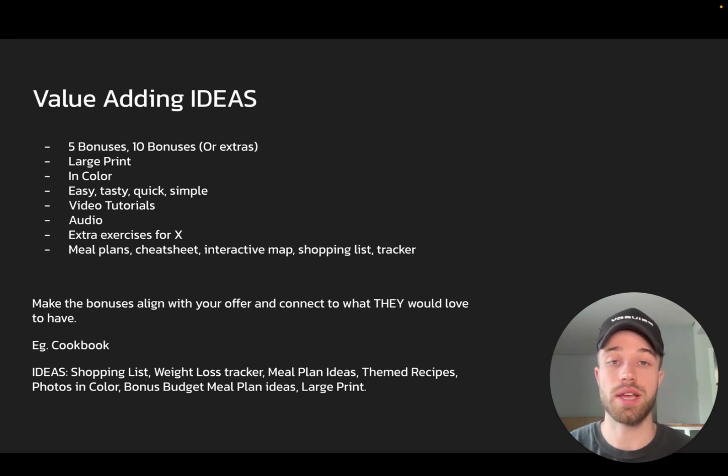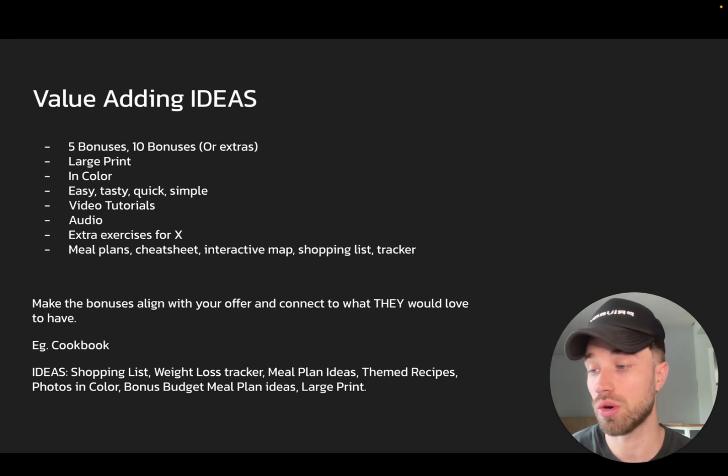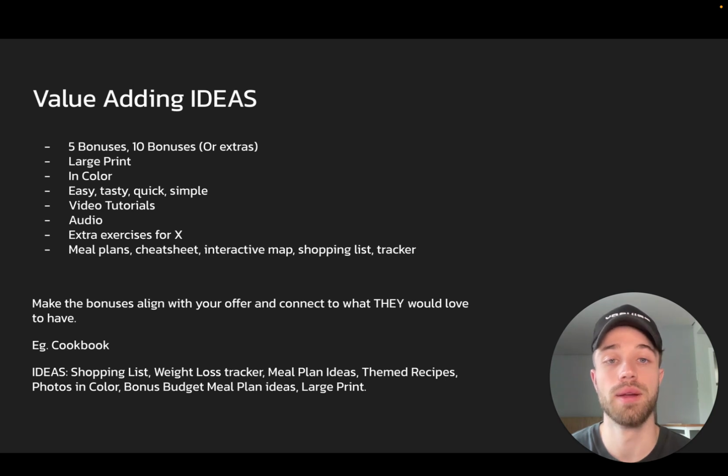Now, for example, let's say it's a cookbook, right? And you wanted to do a keto diet for beginners cookbook. Obviously, if you're just another keto diet for beginners cookbook, you might make $20, $30 a day, but what you want to be aiming for is below 10,000 BSR, right? You want to be the best on the market, extracting the most profits possible from that asset. There's only one way you're going to be able to do that, right? And that's by adding in more answers, more bonuses, more value, right?